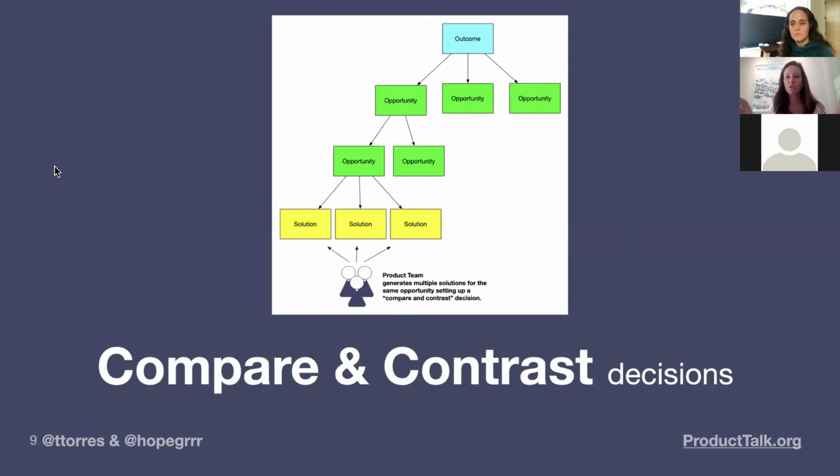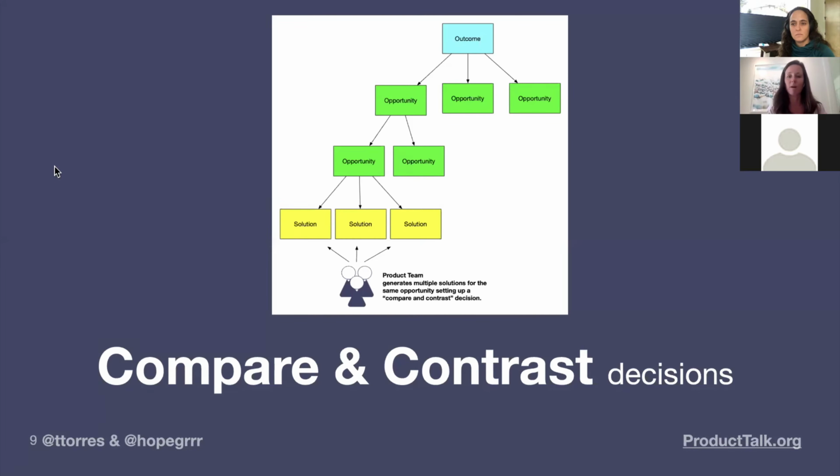Assuming you've picked the opportunity, let's say it is streamlining the purchase path. Whatever you've learned in your discovery, it's too cumbersome, it's too complicated, it doesn't have the payment methods I need, whatever the things that you heard from your customers led you to believe that you need to now be investigating solutions for how to improve the checkout process. Typically what you define, again, if your outcome maybe is revenue, you're looking for something that is showing that you've actually increased maybe purchases per visit, or you could be looking at checkouts per add to cart. Again, it really depends on how you define your success for your team.